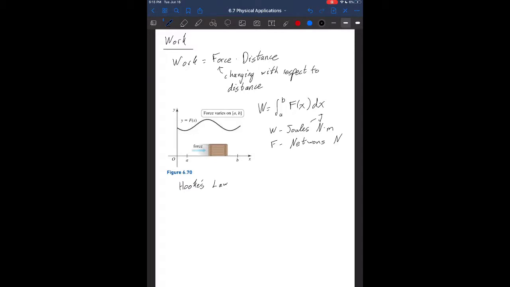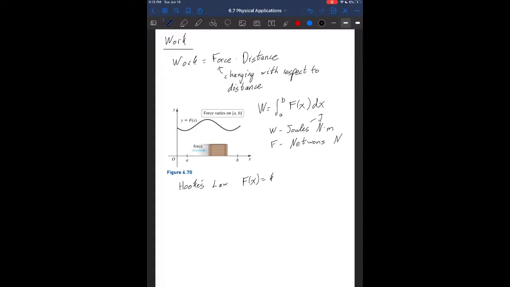So that's a great example of times you would need to use this problem. Because if you are stretching a spring right in the beginning, it's pretty easy. You're applying less force. However, at the end, you have to apply a lot more force to move the spring the same amount. So in particular, in math terms, Hooke's law is going to be given by f of x